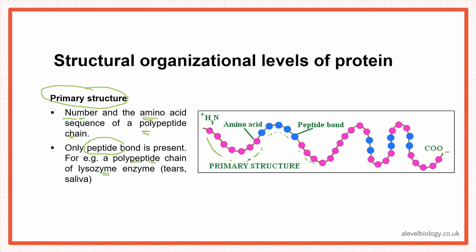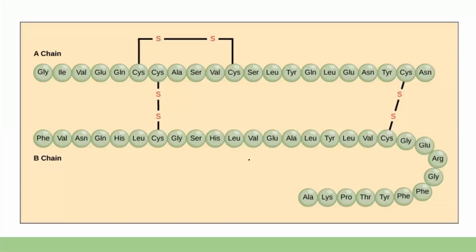Is it clear, बेटे, for the primary structure? ठीक है, अच्छा, and here they have shown you one more structure of this. ठीक है, so we can have two types of chains. ठीक है, alpha chain and beta chain.